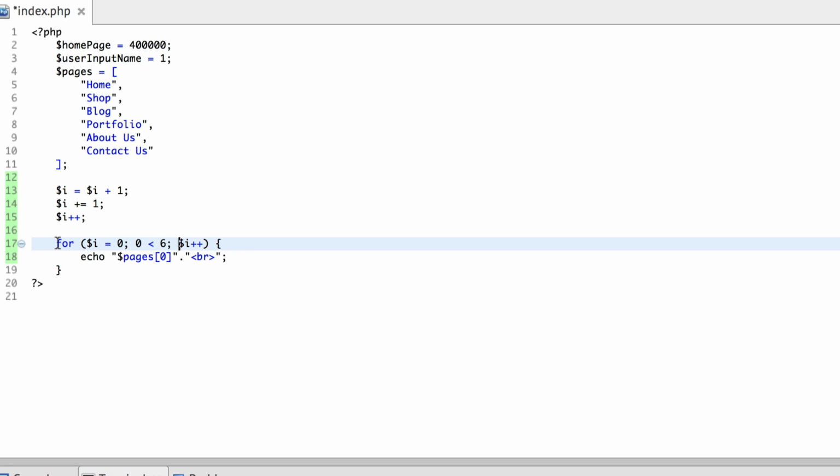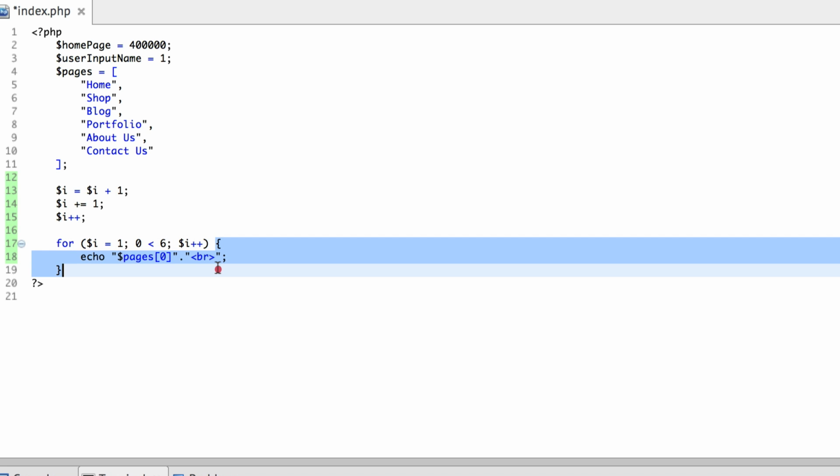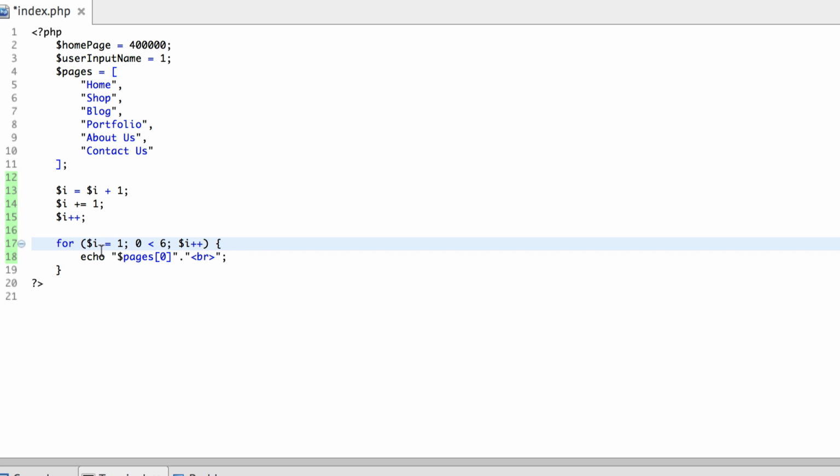So when the loop runs for the second time, this part will not be 0. This part will be 1. So right now, if the loop is running for the second time, this 0 will be replaced with 1 because we have already added 1 at the last iteration. So right now, the variable I contains the value of 1. And then if we revert back to our original statement, which is I less than